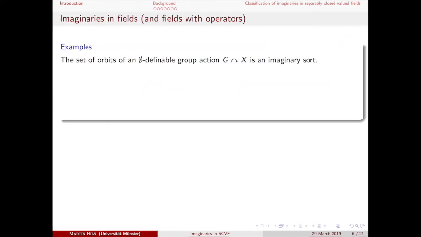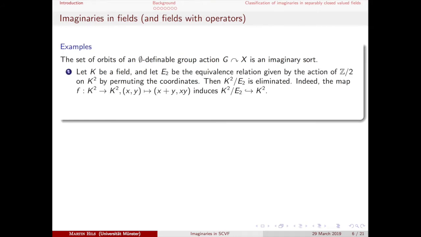So some examples. I mean, there are of course many quotients. Let's look just at one very easy example. Take a zero-definable group action G on X, and then the set of orbits, of course the orbit equivalence relation is definable, and everything is over the empty set, so you get an imaginary sort, the set of orbits. For example, if you take a field, you take K squared, and you take the equivalence relation which comes from the action of Z/2 permuting the two coordinates,